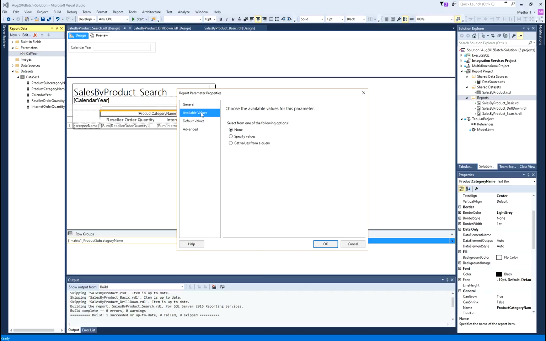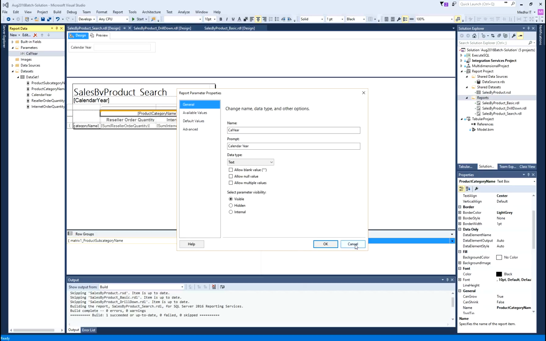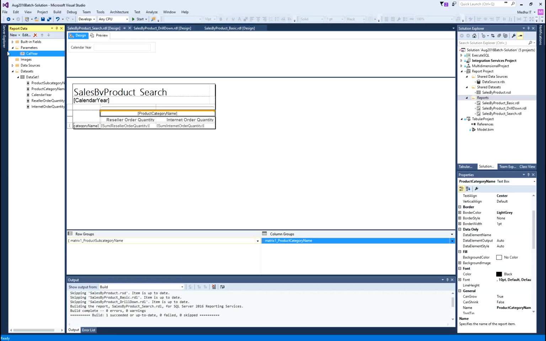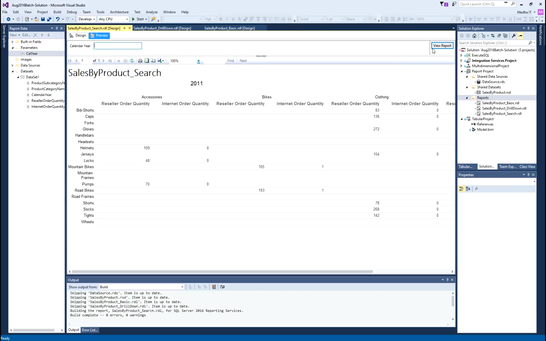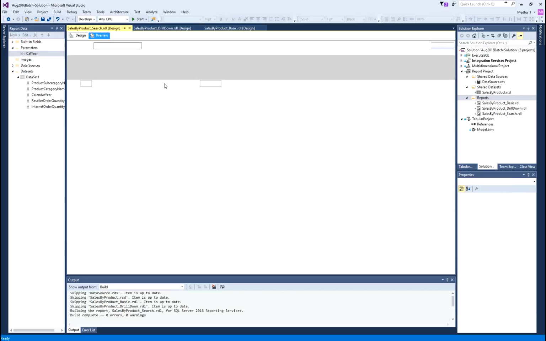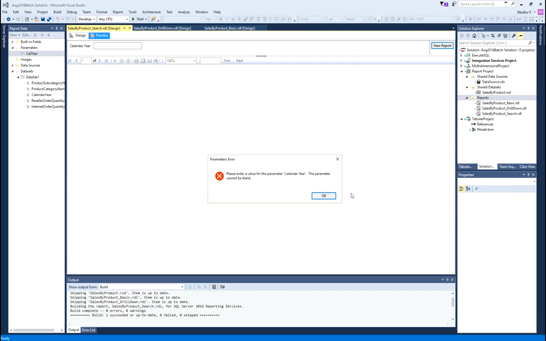Since we have not provided a default value, SSRS needs a value for that, and also we did not check any of these options: allow blank, allow nulls, allow multiple values. If we check allow nulls, then it will not throw the prompt because we are allowing nulls, but for now I am not allowing any null values into this parameter. So, it will throw the error message to enter the calendar year.